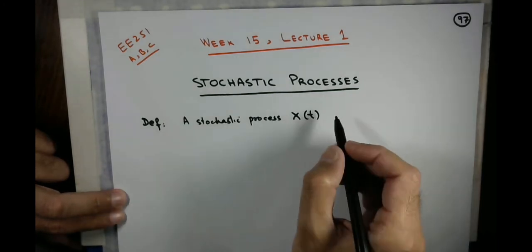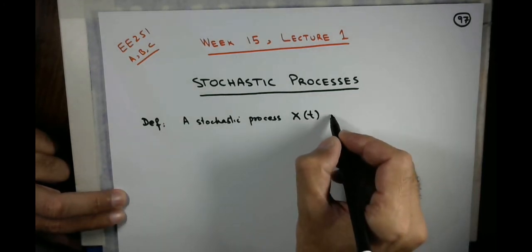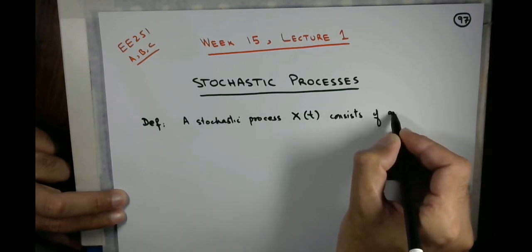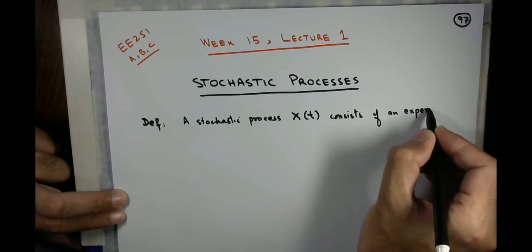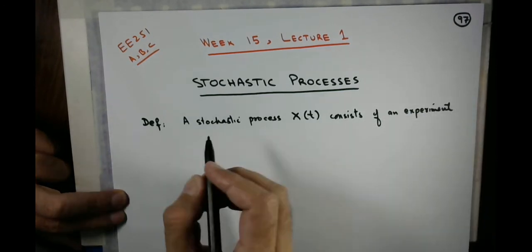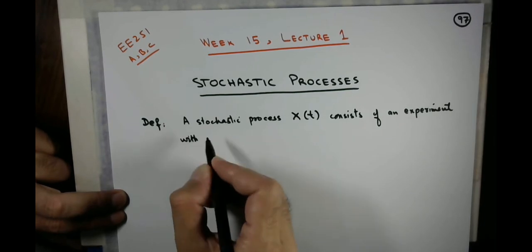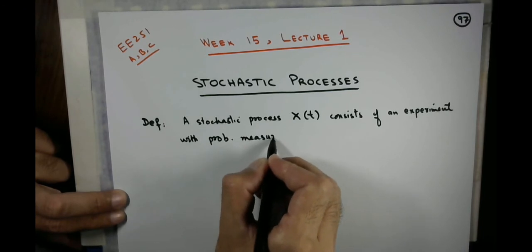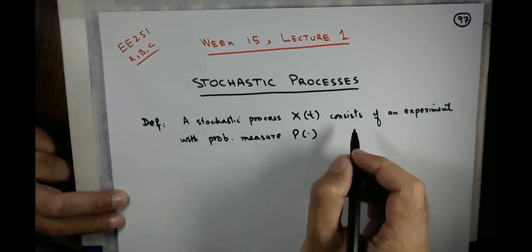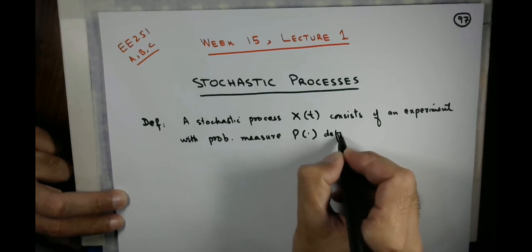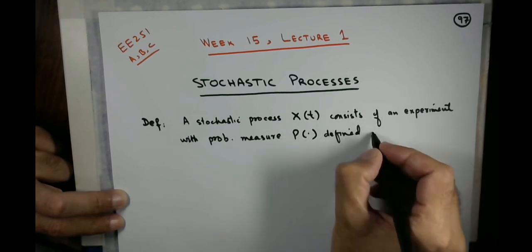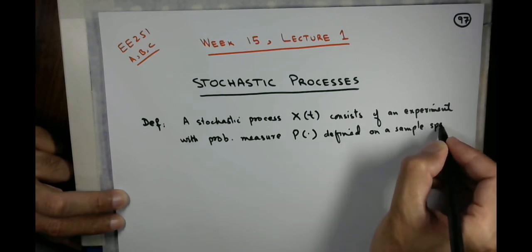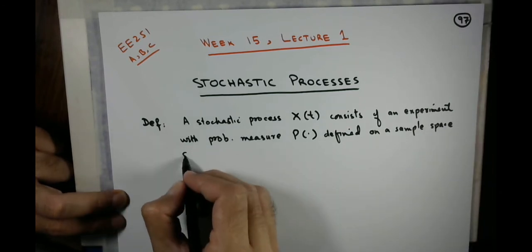So a stochastic process x of t consists of an experiment with probability measure, say P, defined on a sample space S